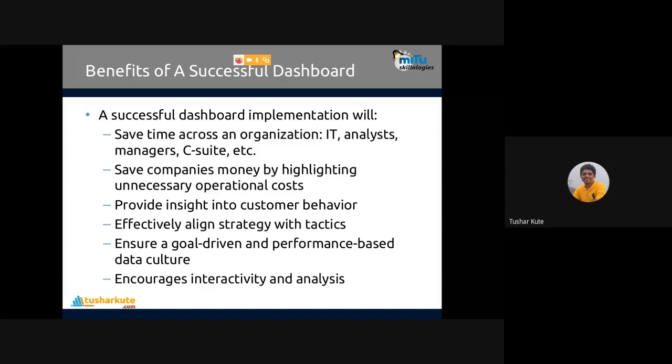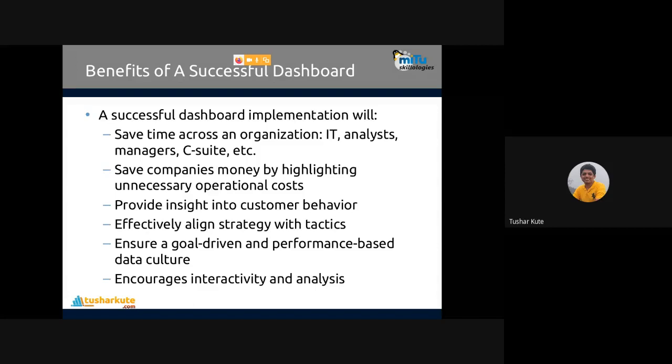And the last one, encourages interactivity and analysis. Okay, interactivity and analysis encouragement is possible. So we can interact with the particular resources so effectively, and every sort of analysis of any process involved in the company can be done easily by the graphical visualization summary format I'm talking about.